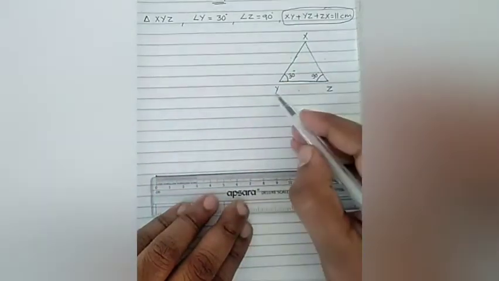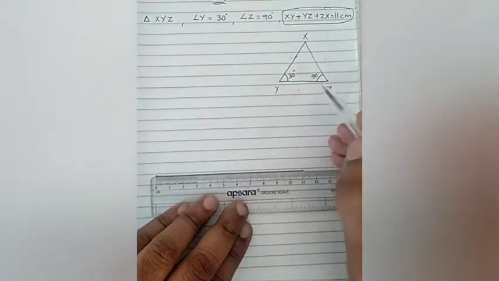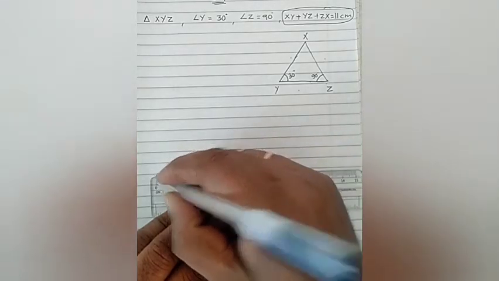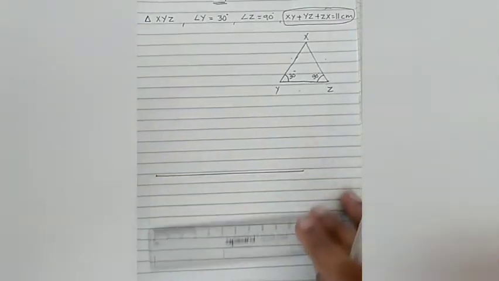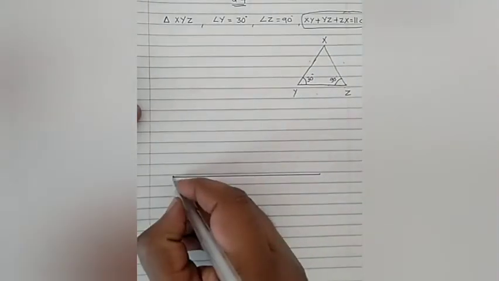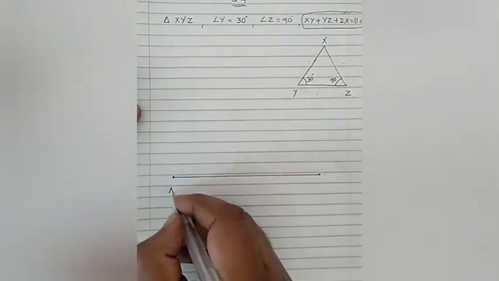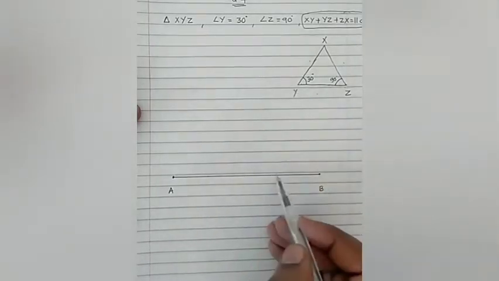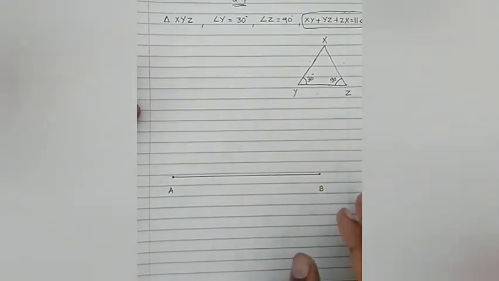See, this is not going to be YZ, but this is something to begin with. The base has been made, which is equal to the length of the sum of all the three sides. Now, let me name this, say, AB. Okay, so this is the base AB, on which somewhere over here, Y and Z is going to come.